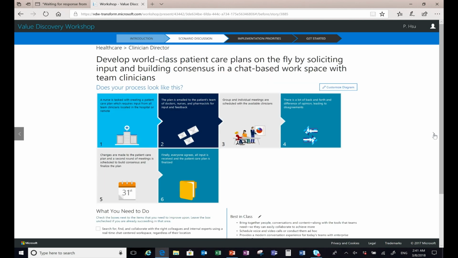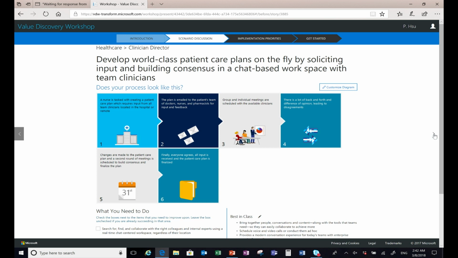This is the entree, right, of any meal. And to me, this is where you're going to be spending the majority of your time. And again, I'll go through some of the things that you can get here. But I also want to share with you some of the other things within Value Discovery Workshop. But what we're going to do is spend a little bit more time on this slide, on this page alone,